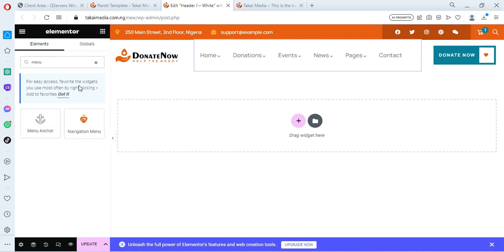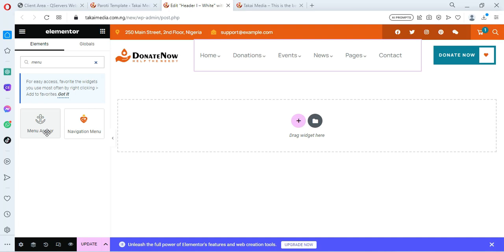That's the navigation menu. If you come here, you see that we have menu, navigation menu, anchor menu. This navigation menu comes from a plugin. All right, so this is menu, anchor, and all that there. The navigation menu icon depends on the plugin you are using. We have different designs of navigation menu depending on what you are using, maybe